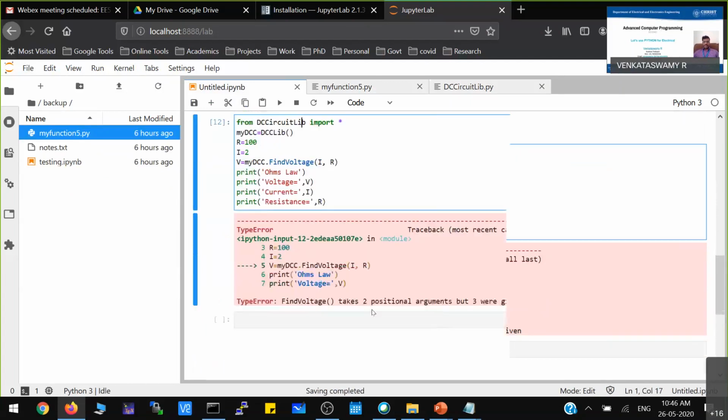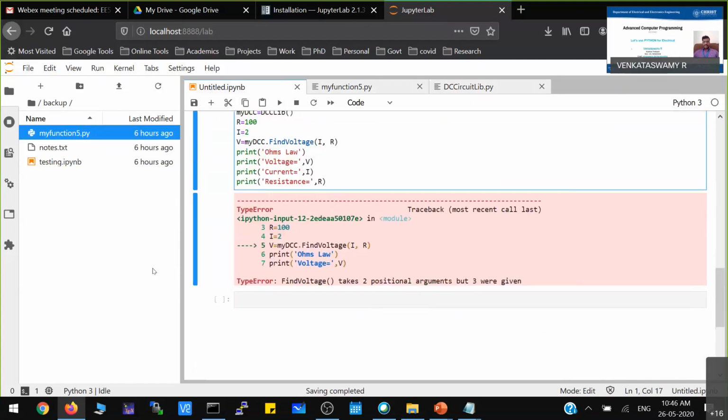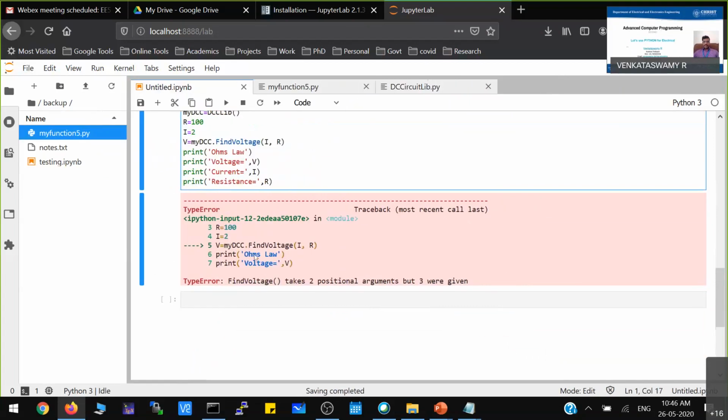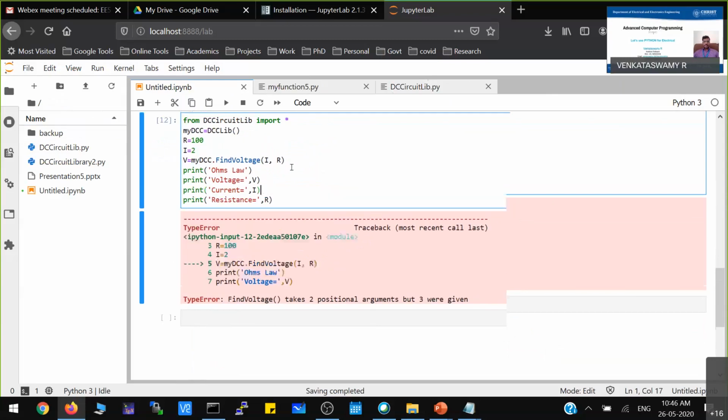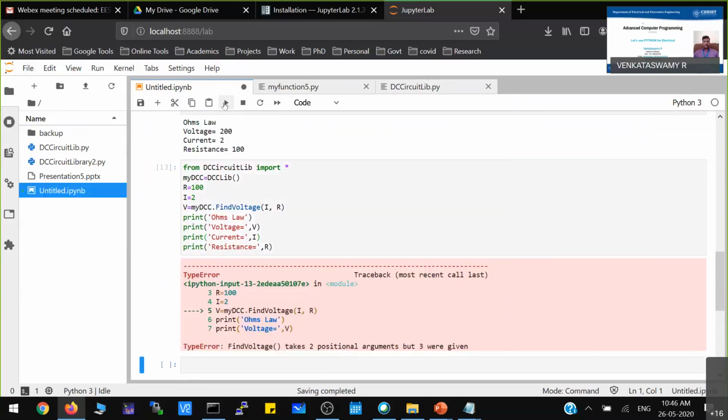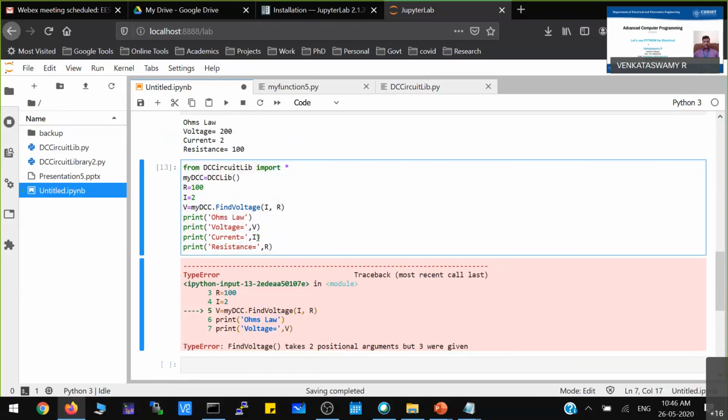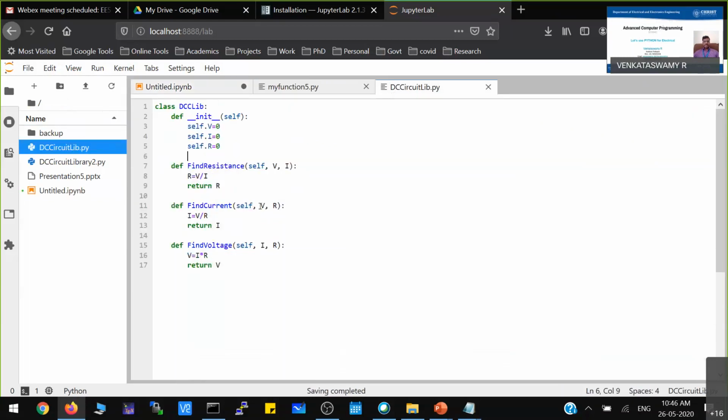There is some error. Can anybody rectify this particular problem? Voltage, current, and resistance. Yeah, it can print. So the find voltage method is there in this particular object. DCC lib is present in this particular file.